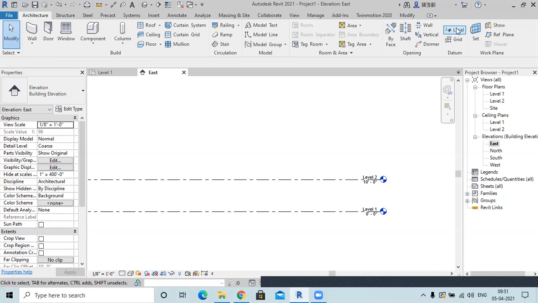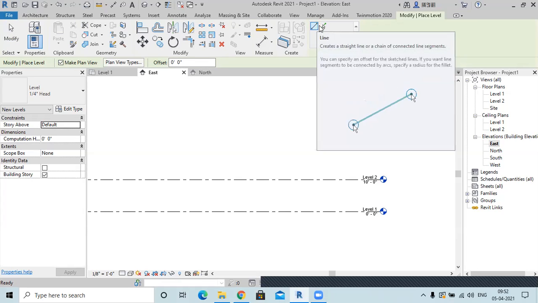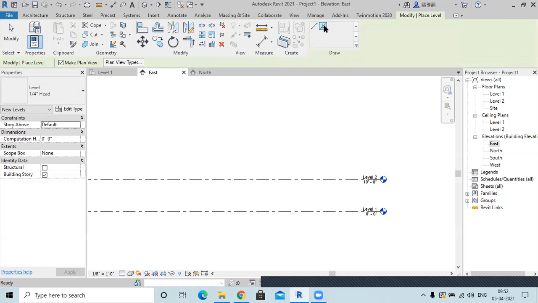So how I can do it is, there is this level option. Whenever I go to an elevation, whichever you want, you can go. I generally use east one because this is the first one. You can go to north as well. Here you will find this level option. After level, you'll either have the option to create the line yourself or pick a line. I generally pick the line because it's an easier option, and put the offset at 10 feet, because generally floor height in India is 10 feet. We'll press enter, and then I can make a level like this.